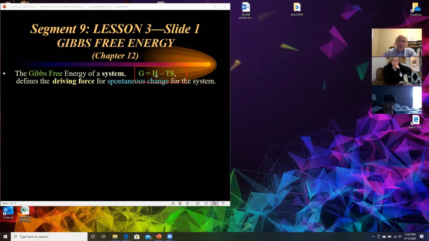And so it's going to have a flow of heat that acts as a driving force and a change in entropy that acts as a driving force. And if you look back a lecture or two ago, we looked at those processes and saw that if a process is giving off energy, we expect that to be spontaneous. And if it's increasing disorder, we expect that to be spontaneous. So the Gibbs function puts both those together and allows us to create a function then that